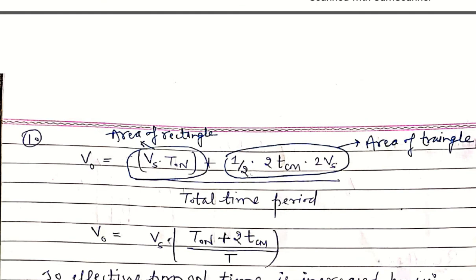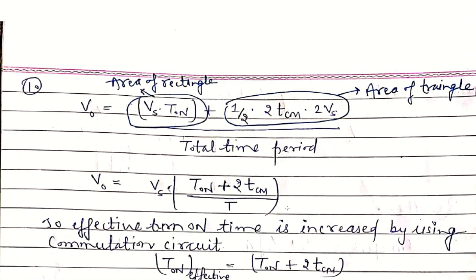So Vs into T on plus 1 by 2 into 2 TCM into 2 Vs. Why 2 TCM? We can easily observe it from the waveform, into 2 Vs, divided by the total time period, because we want to calculate the mean value or average value. So